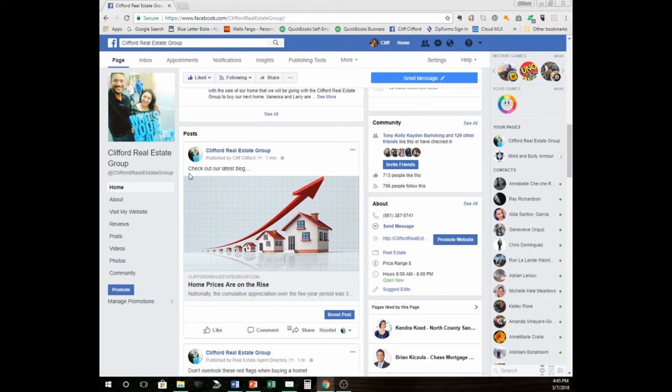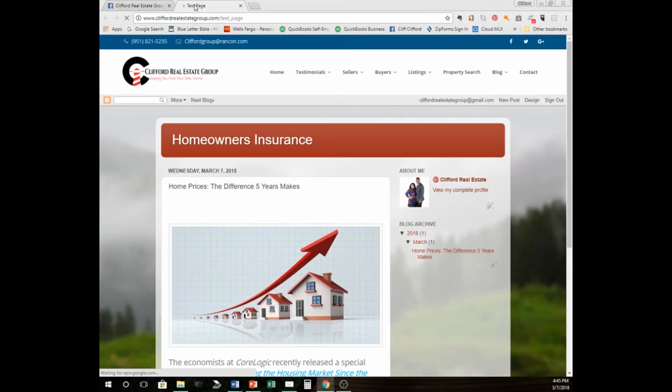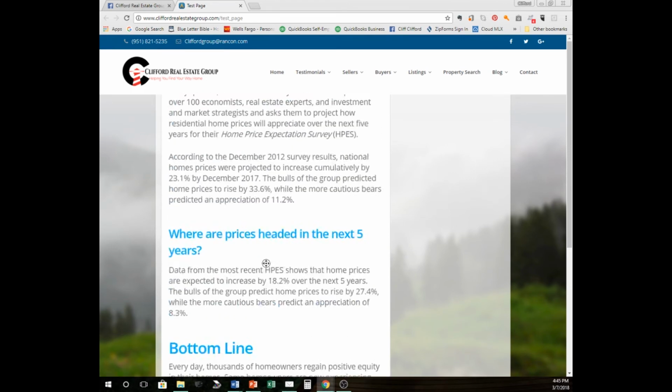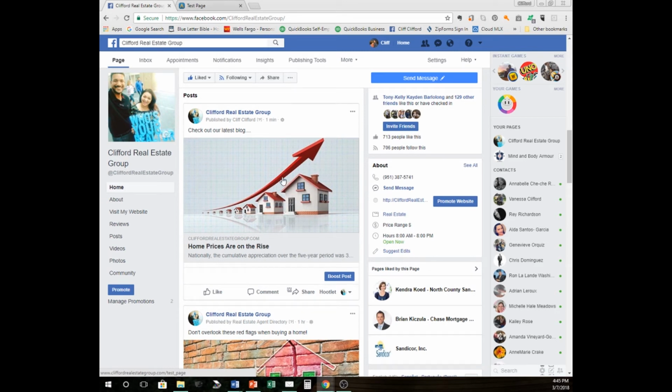So now I've created an iframe. So now this is actually going to go to an iframe, which is my test page, and it'll go to my blog, but it'll stay underneath our website because it's iframed in. But the difference between the two methods is on the second method, as you can see, the picture that I put in, the title that I put in, the description that I put in are all shown right here,